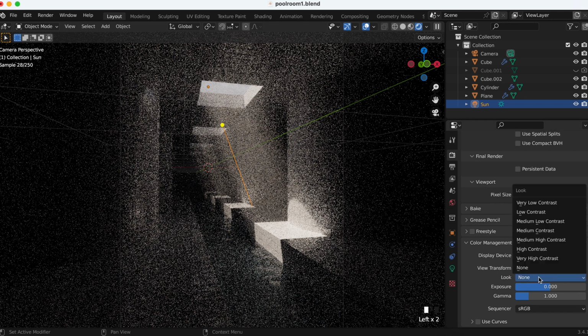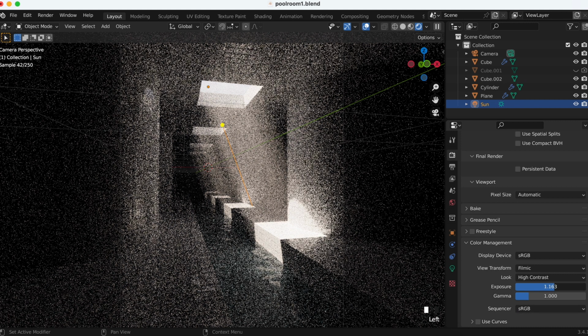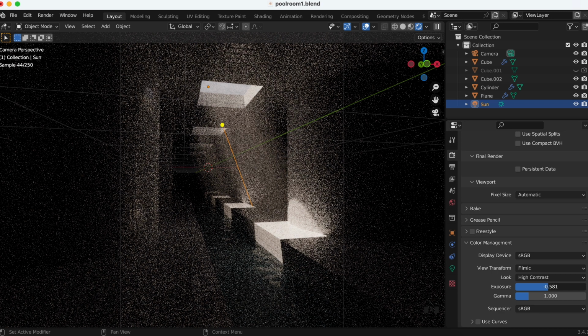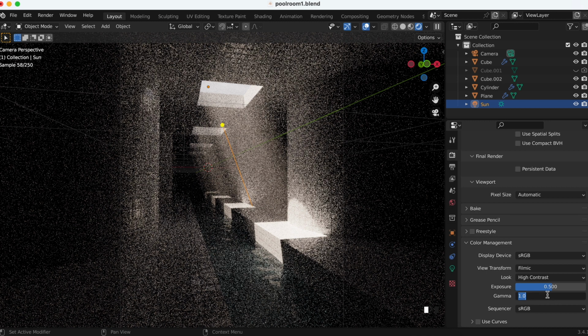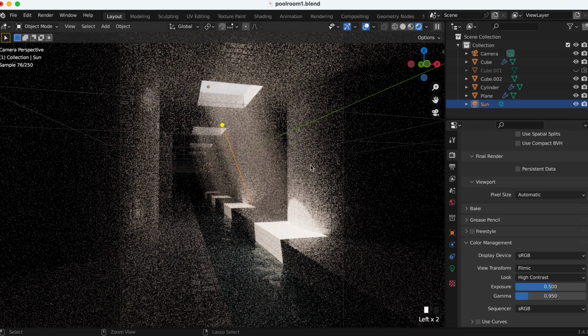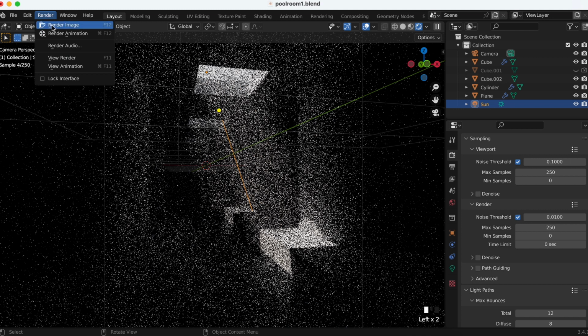You can put look high contrast to add contrast, and if it is a little too dark, you can put more exposure like this or less. I'm going to put 0.5 for example. Gamma you can put 0.9 if you want, like this. You can do the render, render image,